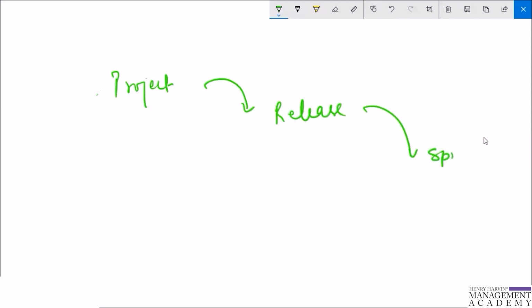So there are 3 levels of planning that we do generally. One is project level, then release level, and then sprint level. This is the high level planning that we do in any agile project. The project level planning is the one which uses a quick